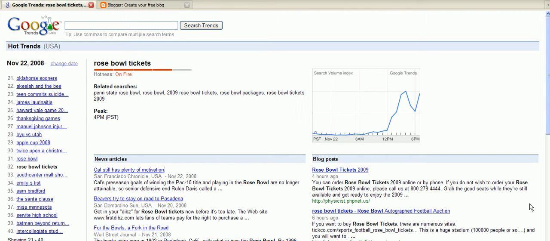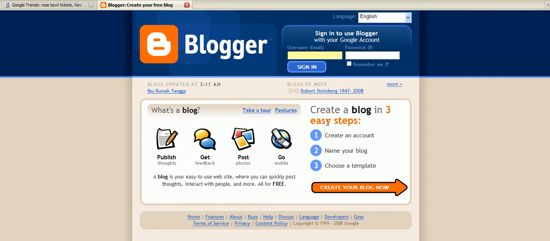Okay, we're now in step 3 of this process. So we're going to now take our article, our brief little content, and we're going to go over to blogger.com. So you just go to your browser, you can type in blogger.com, just like you see it on your screen, blogger.com. So just type in blogger.com, and then go ahead to where it says sign in to use Blogger with